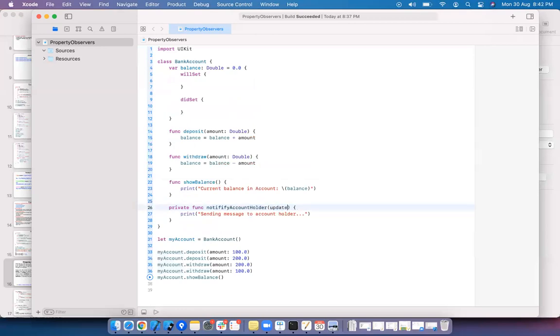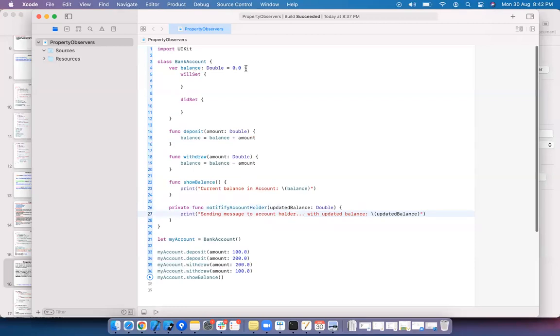Let's say updated balance, account holder, updated balance.